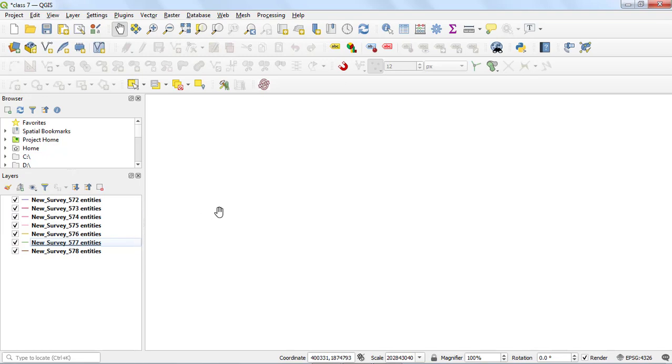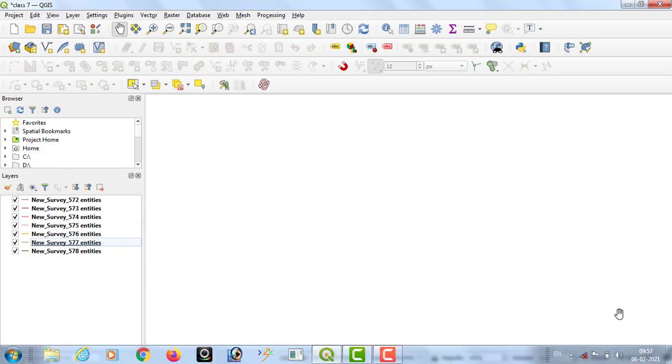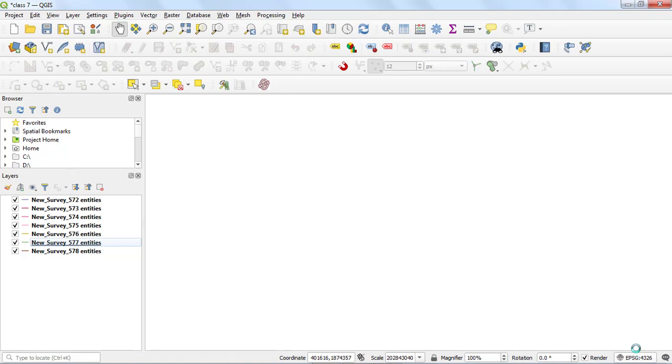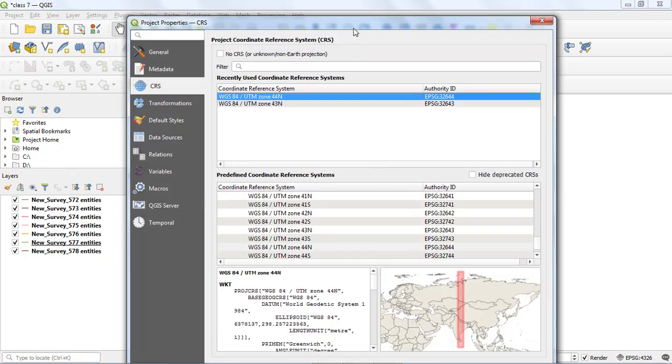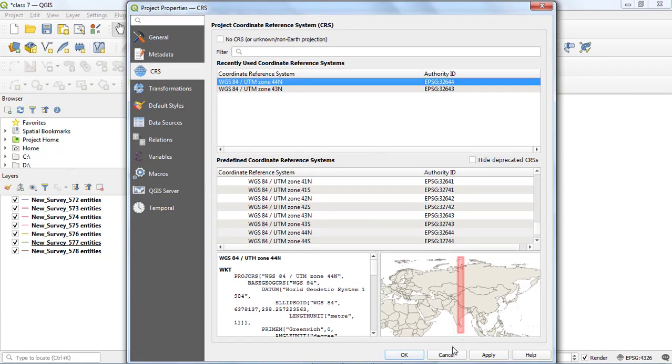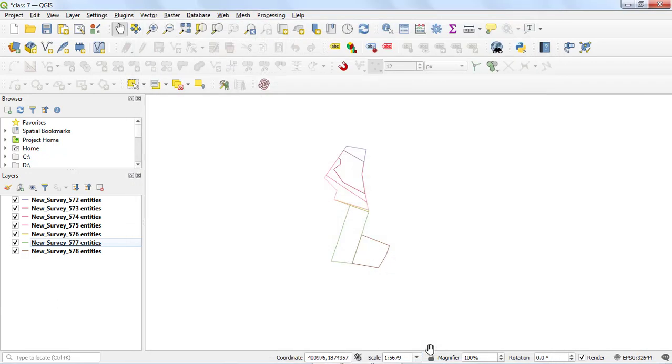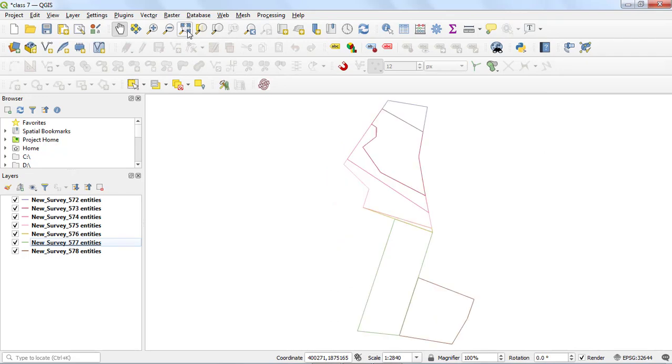So we need to set the CRS, then the question marks are going to be removed. You can set the coordinate reference system by selecting this option. So click on zoom on.